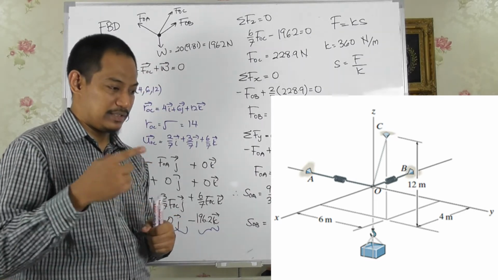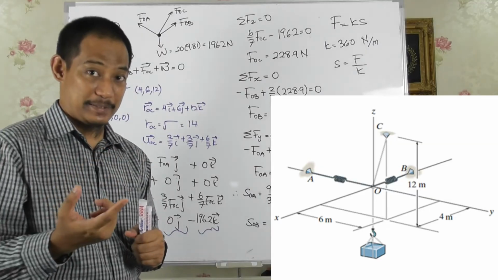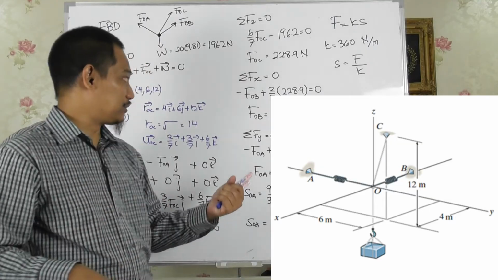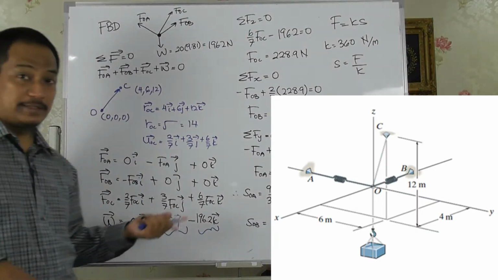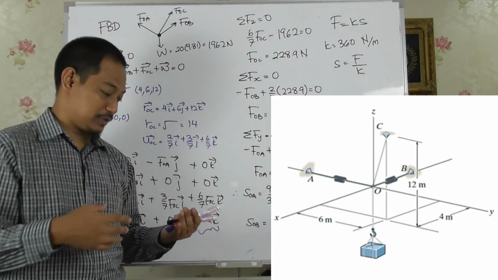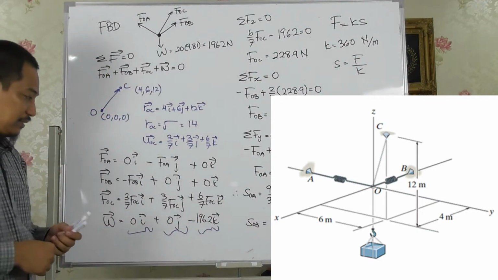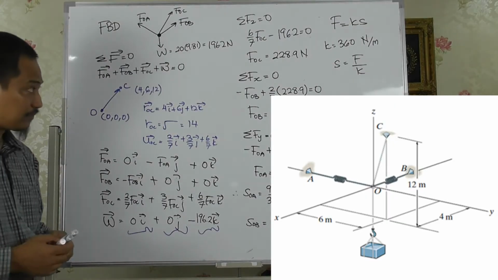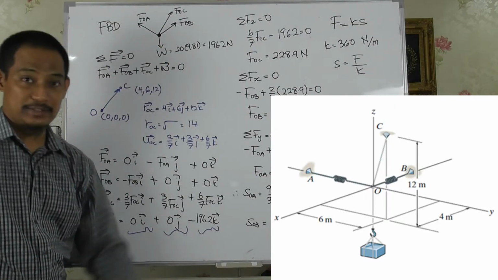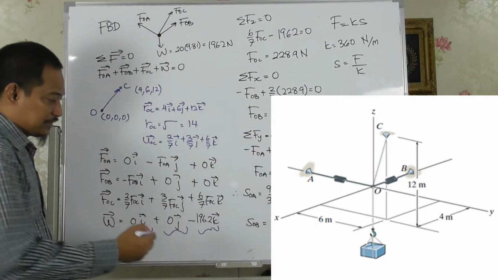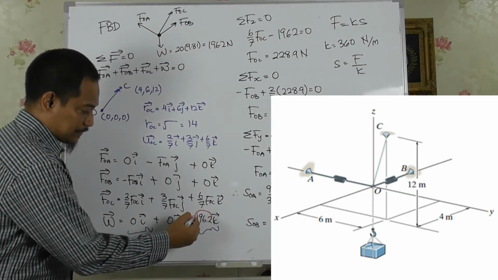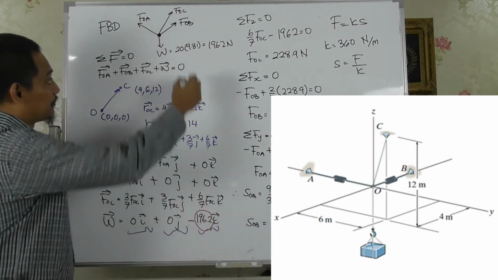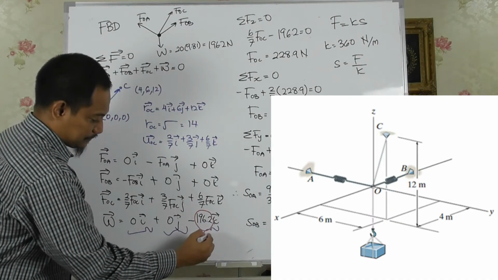Alright, so here it says you need to explain, right? So one way is by using what you have already calculated in part A. Because if this mass goes higher, right,